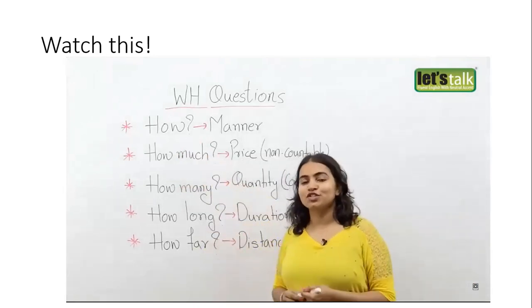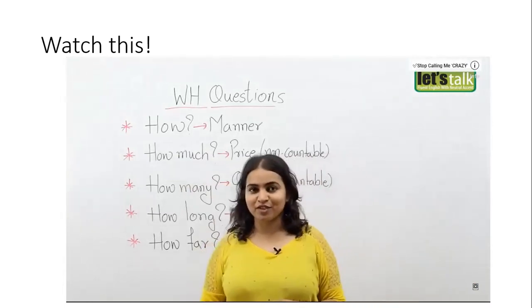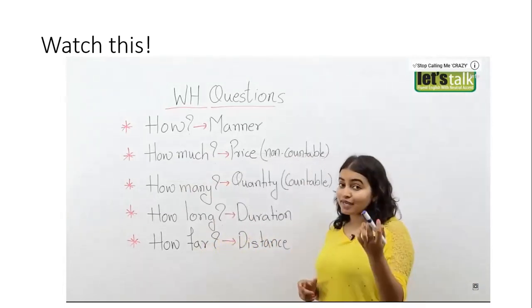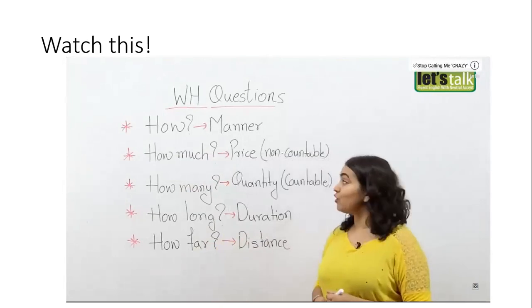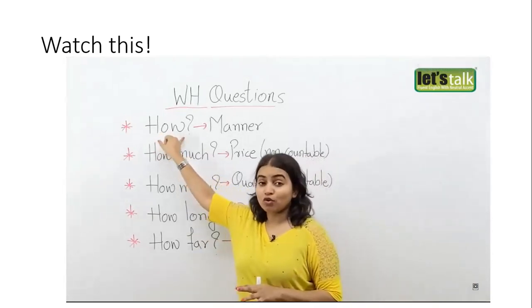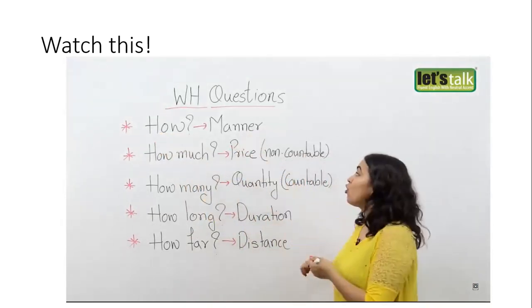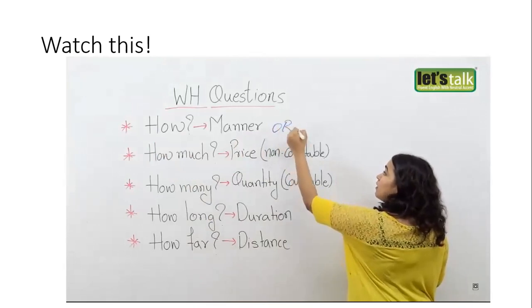Well, now that we've looked at several WH questions, let's look at another question called how, which is also used to derive information or to seek specific information. It is used in many ways. The first way that you would use the word how is to know the manner or the method